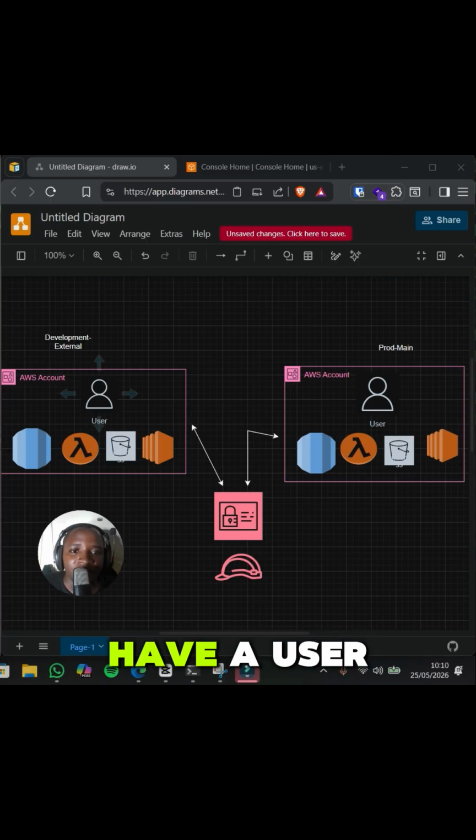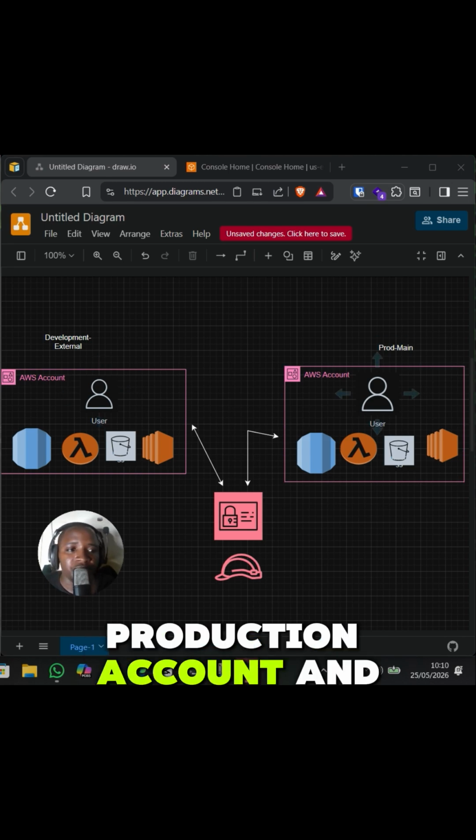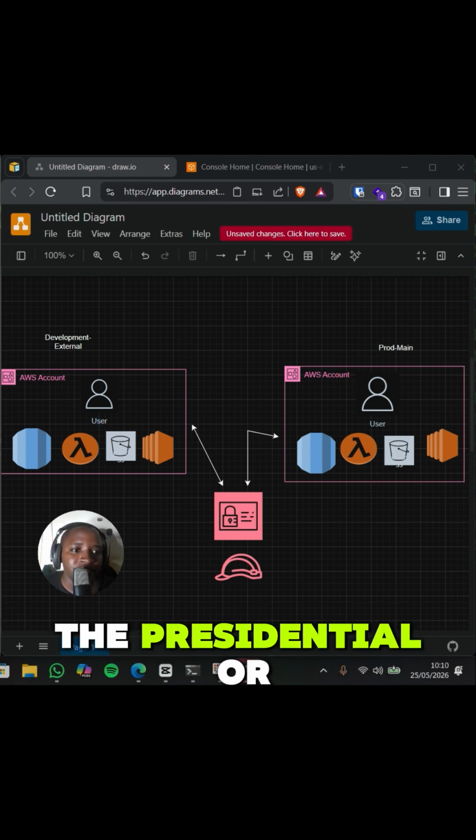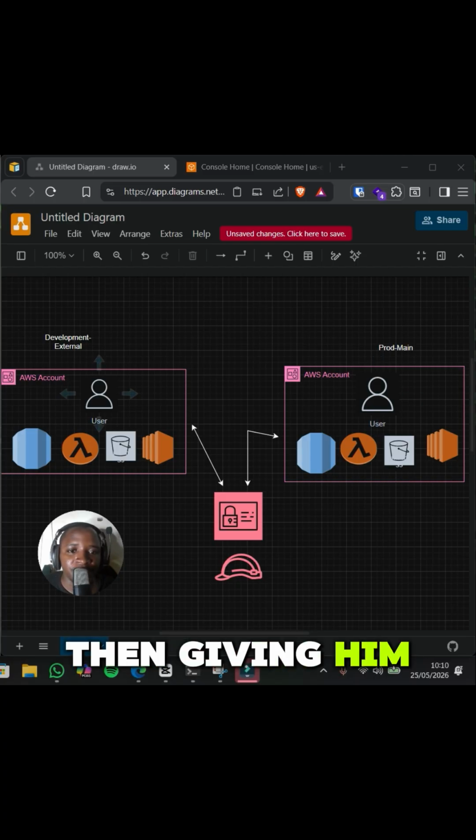As you can see, we have a user here. We can call him Stacy. Stacy needs to access the production account so that he can deploy a new resource, or a new instance or server. Instead of coming to the production account, creating the credentials or password, and then giving them to him, which would be tiresome and not a secure way of doing that,